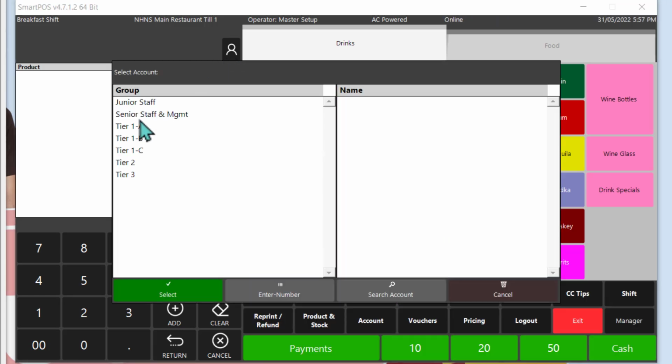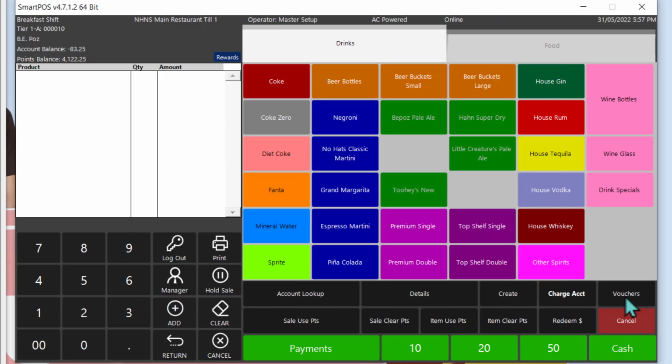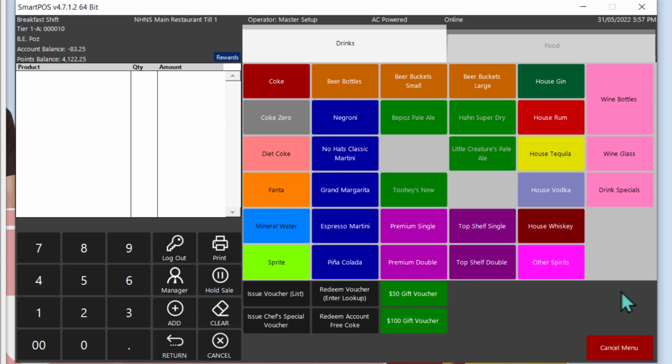Okay, now if we do go ahead and add an account holder and go back to our vouchers, obviously the function panel has changed to our account function panel, but I've got a panel selection function button added here to take us to our vouchers panel anyway. Now if we use that same voucher till function button, which when there's no account attached is going to prompt us to enter the lookup number,